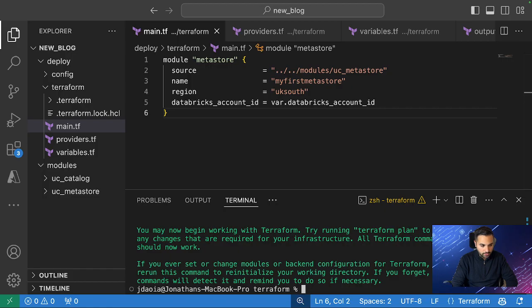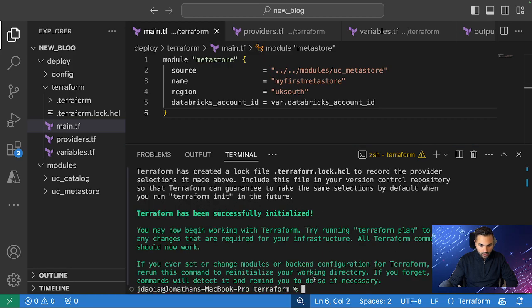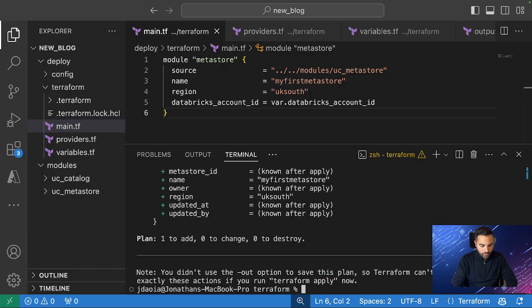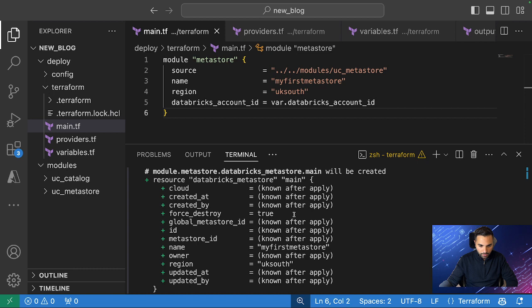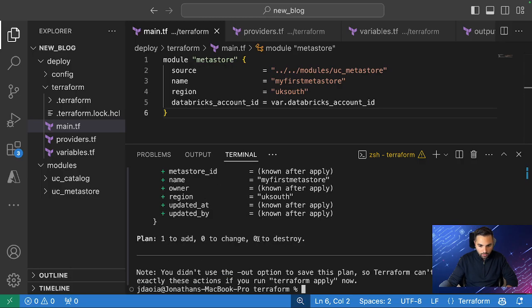Brilliant. So that's successfully initialized. Just going to make this a little bit bigger so we've got a bit more space. And now I'm going to run a terraform plan. As you can see quite quickly, it's provided me a plan of what it's going to do, and it's going to create me that metastore. I'm happy with that. I want the metastore, so I'm going to go ahead and hit